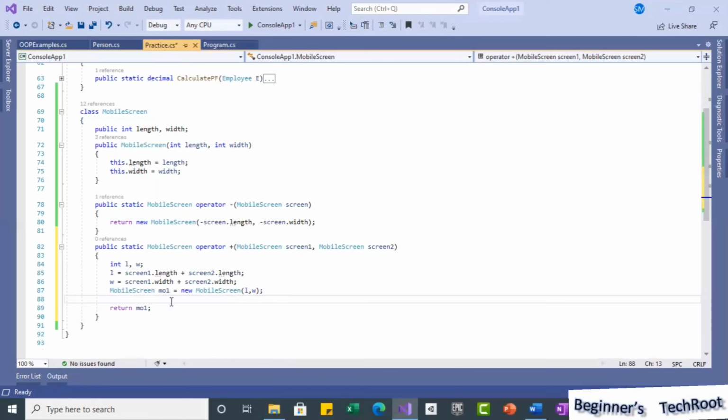Then you create the object, do whatever operations you want, and then return it. Suppose you are not going to use this object anywhere in your functionality. Then instead of declaring an object, straight you can instantiate the object and return it, so that one variable space we can save. That is the advantage.